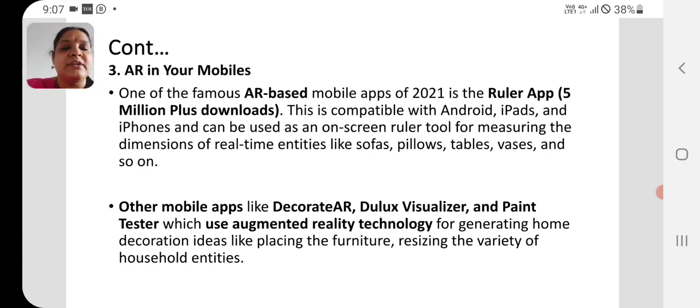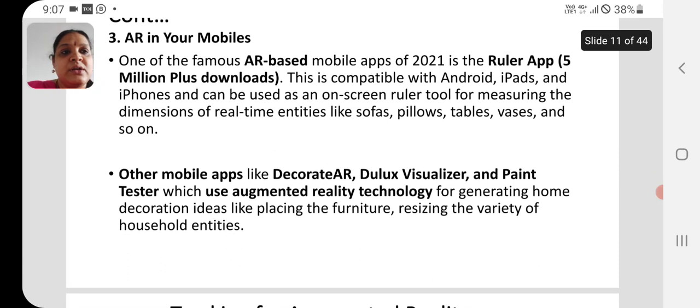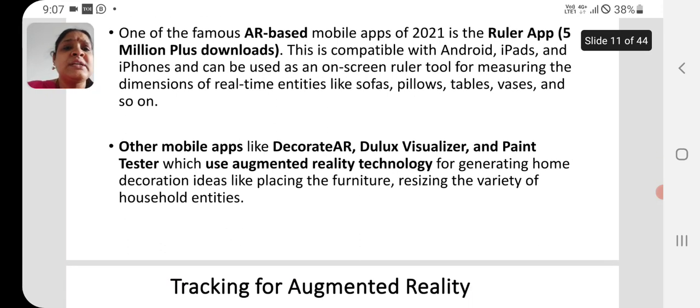For example, furniture like sofas, pillows, tables, vases, and so on. Other mobile apps other than this Ruler app are Decorate AR, Dulux Visualizer, and Paint Tester, which use augmented reality technology for placing furniture, resizing a variety of household entities, etc. See, this augmented reality is mainly used